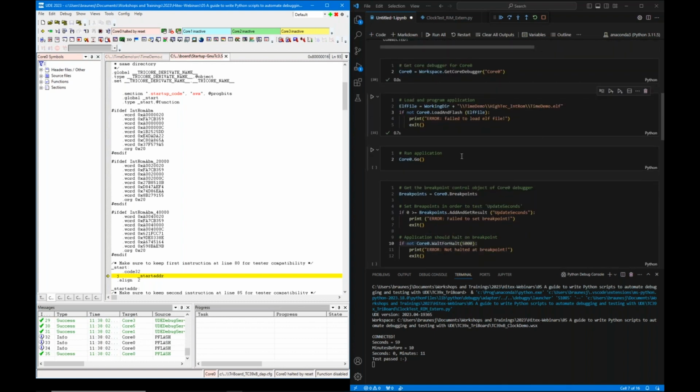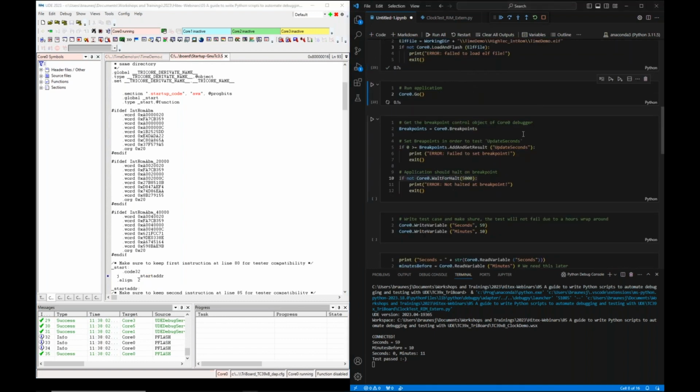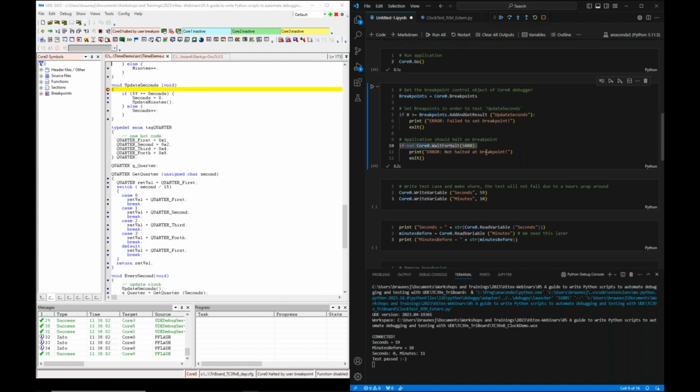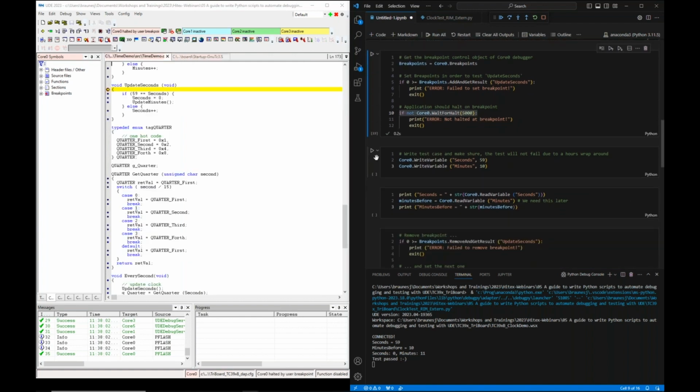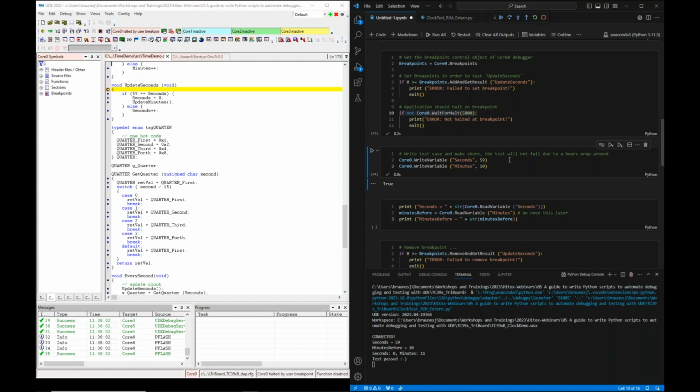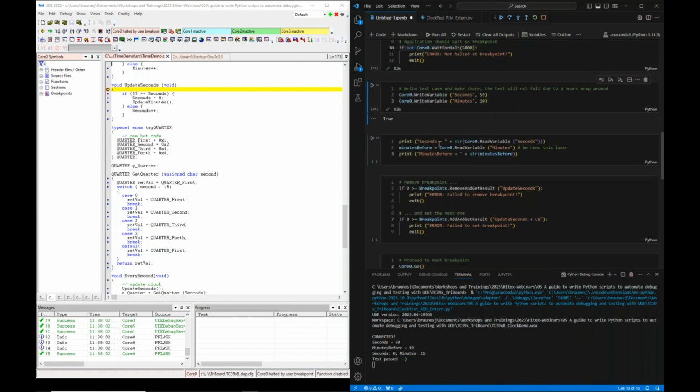Okay, then it is quite the same. We can make a go here with the go command. We can add the breakpoint using the same code. You can write the variables here. I have no watch window open, so you will see nothing here at the moment, but we can check this with this